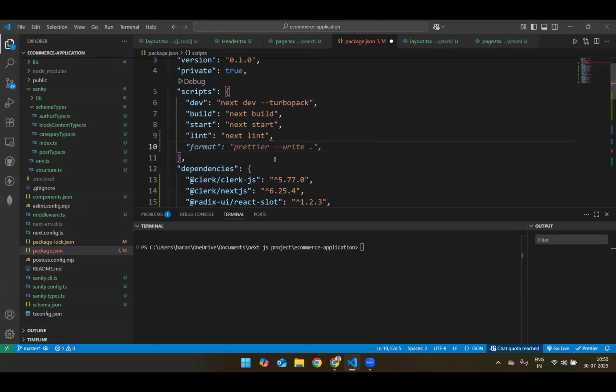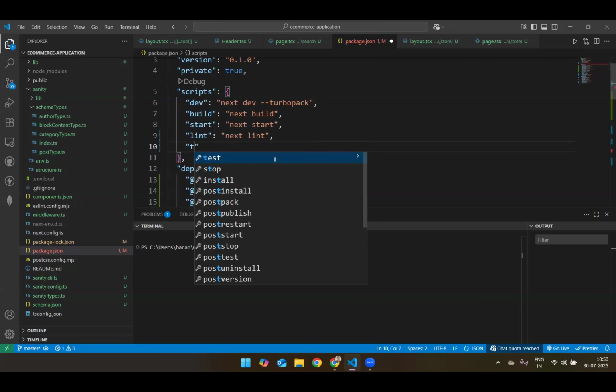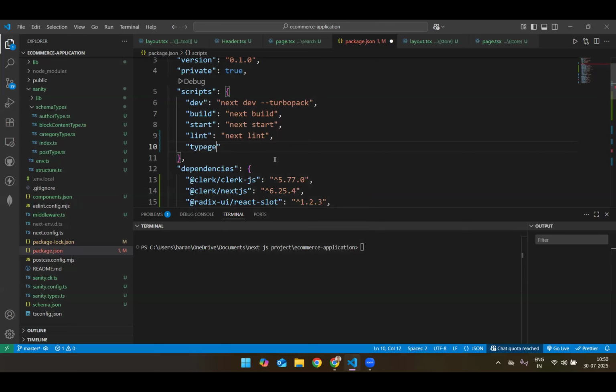I'll say it as typegen. Inside this, I'll have npx sanity at latest, and I will do those commands, schema extract,